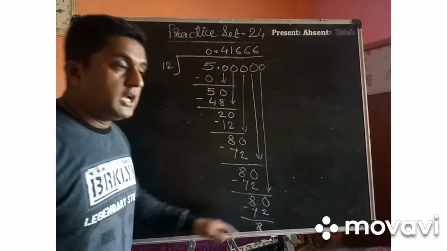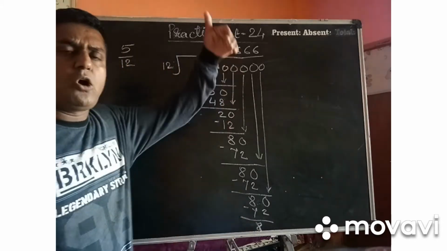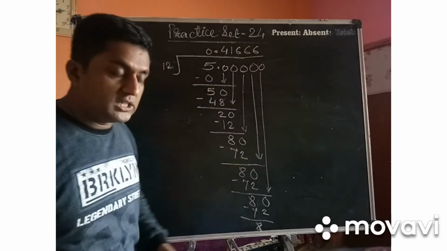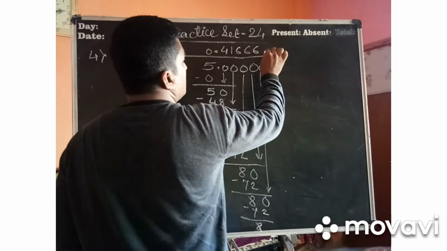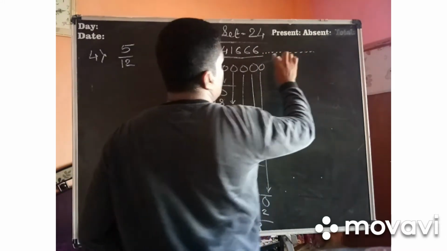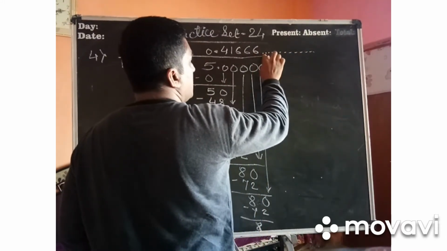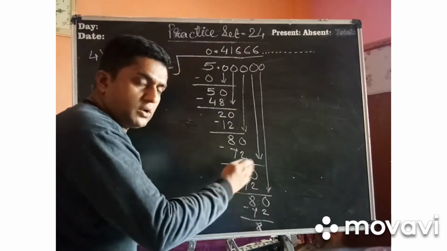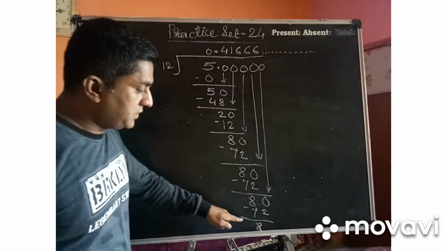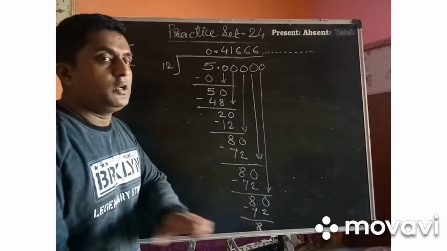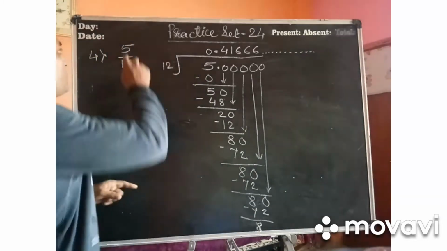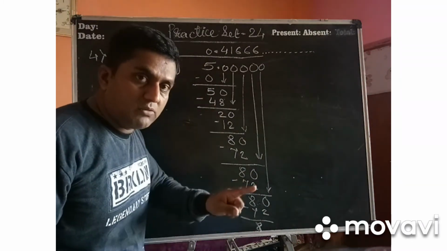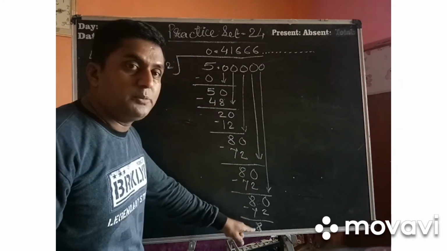What it means, even if you take a very long paper and try to solve 20 to 30 stages, then here compulsorily what will come? This dot means this 6 will come, 6, 6, 6, 6, 6, 6, 6, and this sum will go on and on and on. But after every stage, the remainder will be 8 only. It will not be possible for this sum, 5 upon 12, to give you the remainder 0. Every time the remainder will be 8 only.